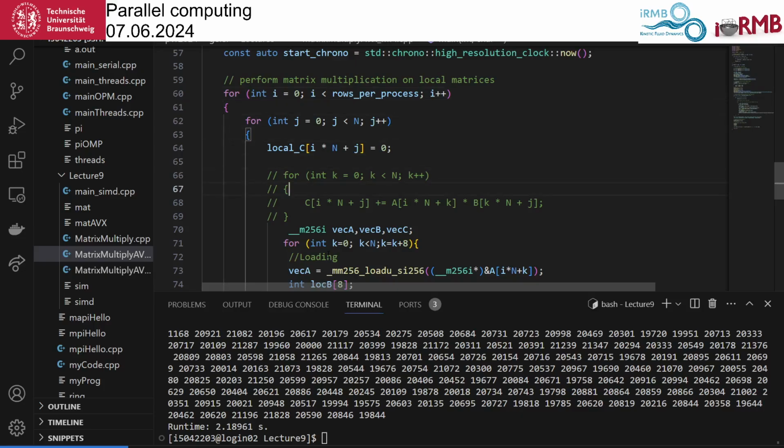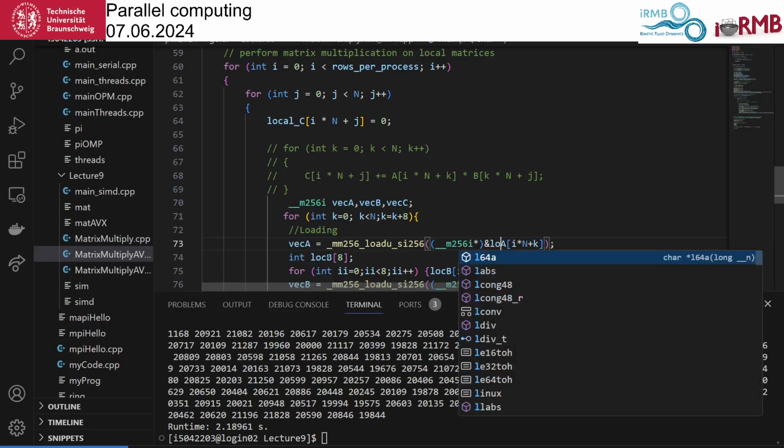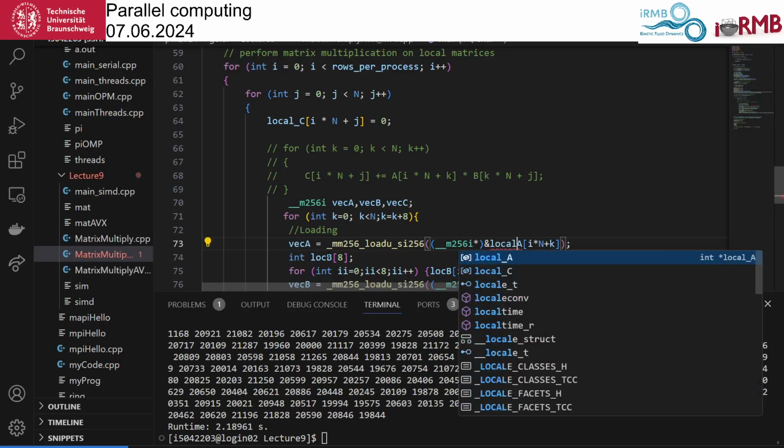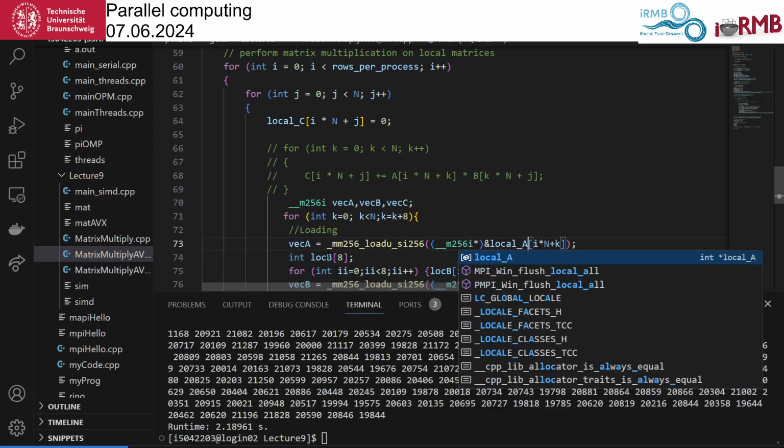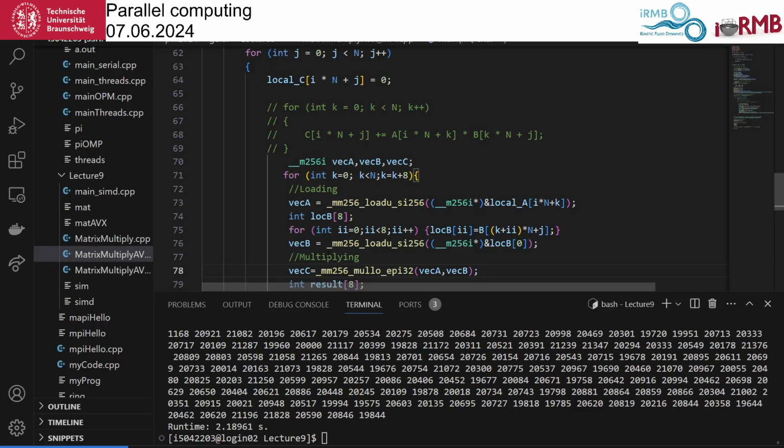Right, so now the thing we have to do differently is that we need to take in here the local A. The B is the same.